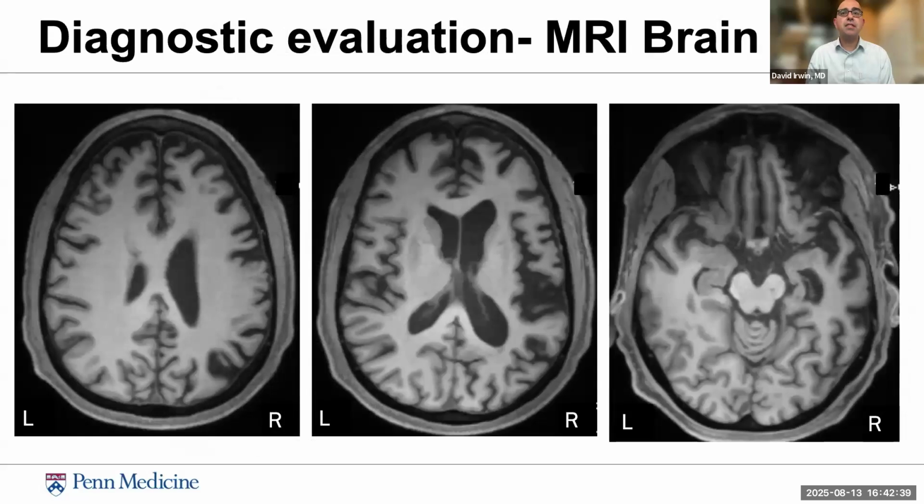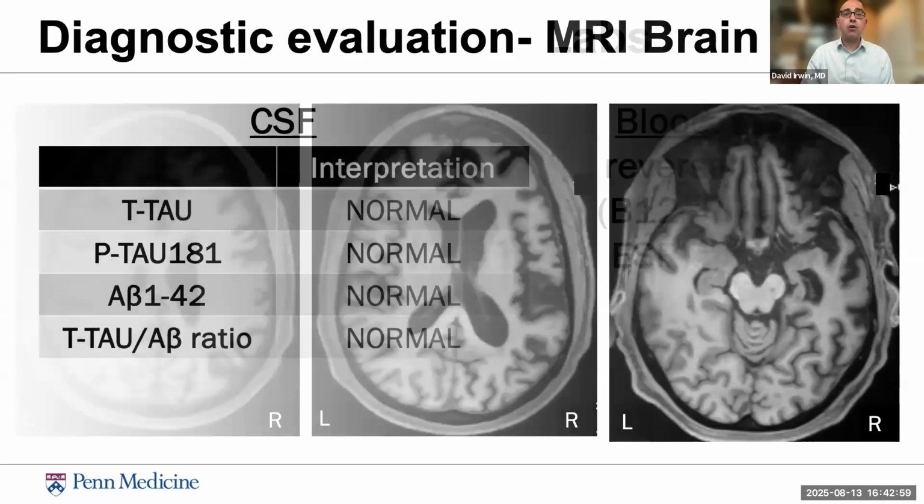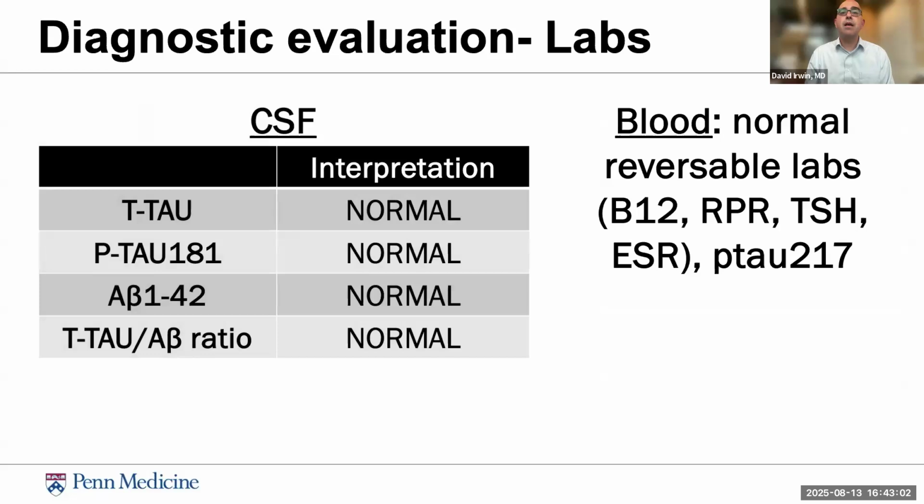These are example MRIs of a patient with FTD showing asymmetric disease, in this case in the right hemisphere, in both dorsolateral prefrontal cortex, as well as medial and ventral frontal cortices, as well as the anterior temporal lobe. And these help us establish criteria for probable FTD. Cerebrospinal fluid analysis for cells, protein, and glucose was normal. Alzheimer's disease related markers here were within normal limits. Labs for common reversible etiologies and plasma p-tau217 were within normal limits.